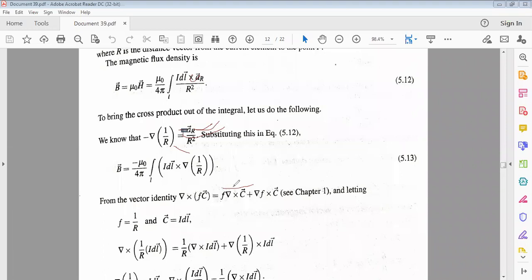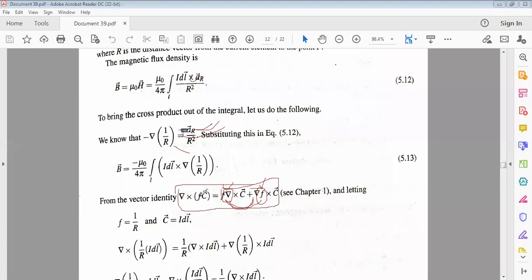See here, f into del and del into f. Okay, identify these two: f into del and del into f. Of course, we may not cover this in chapter one, because that is under only basics. Remember this relation here also.